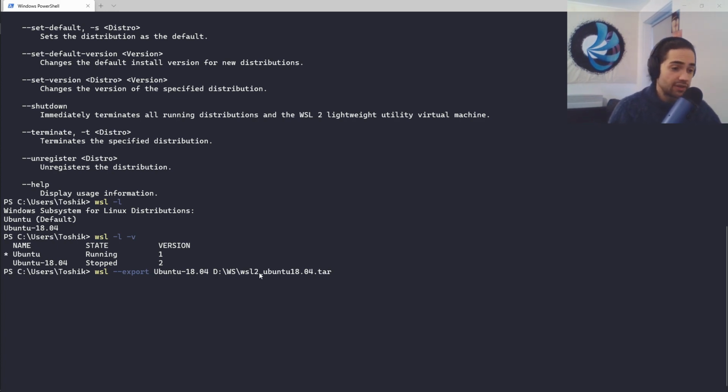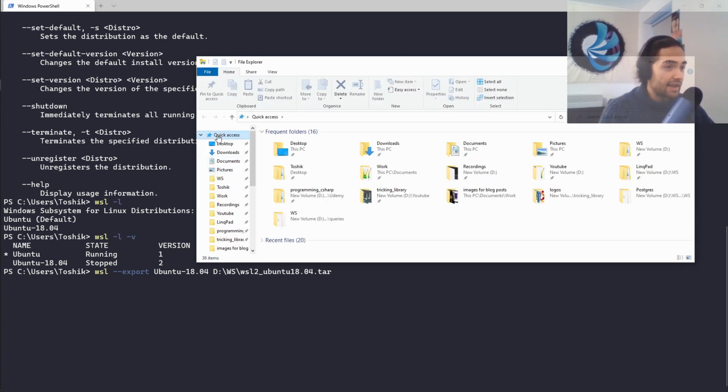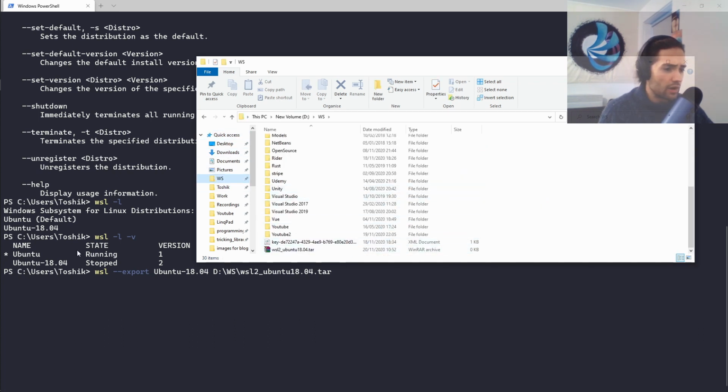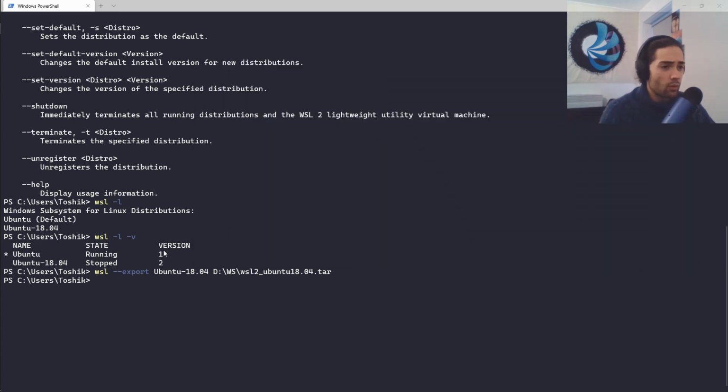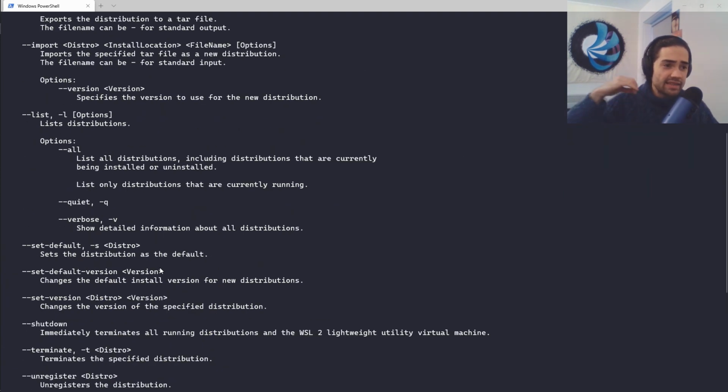What this is going to do is create a tar file here. Once this is done, this should be something like just under a gigabyte. So we're going to come back when this is finished. Okay, so there it is. Didn't take too long. Now, once we have this image, what we can do is create a separate